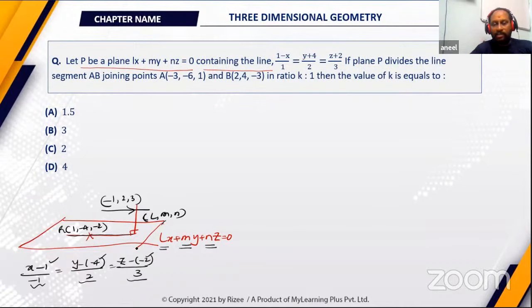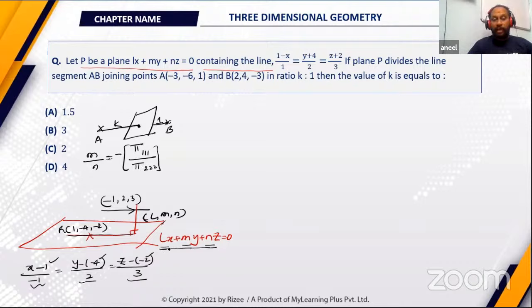This is the formula. Pi 1, 1, 1 indicates substitute the first point in the plane. Pi 2, 2, 2 indicates substitute the second point in the plane. If I have to use this formula, I need to know what is the equation of the plane. To know the equation of plane, I need to know what are L, M, and N. For that, this diagram is important. What are all the observations again coming up from the diagram? Observation number 1. The point lies on the plane. Point 1, minus 4, minus 2 lies on the plane.